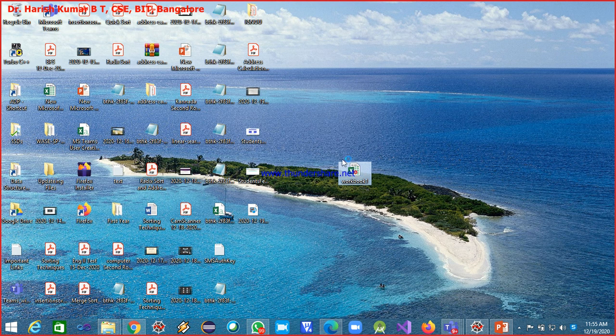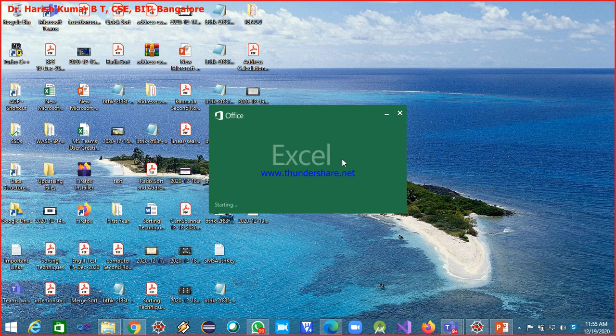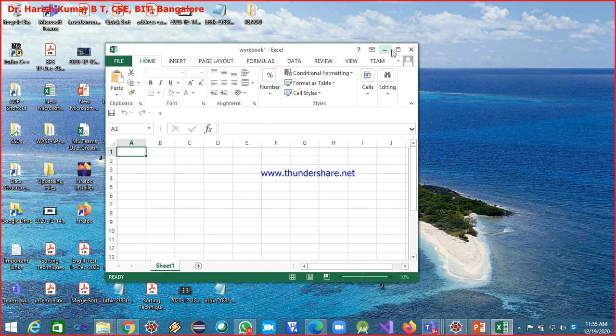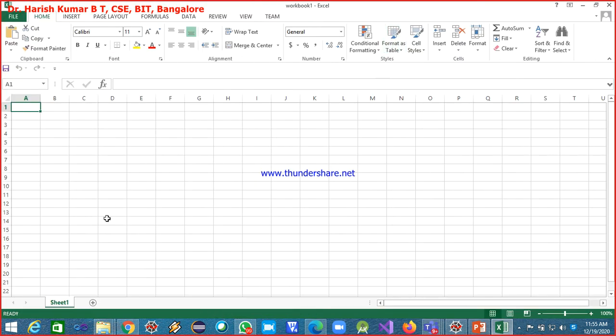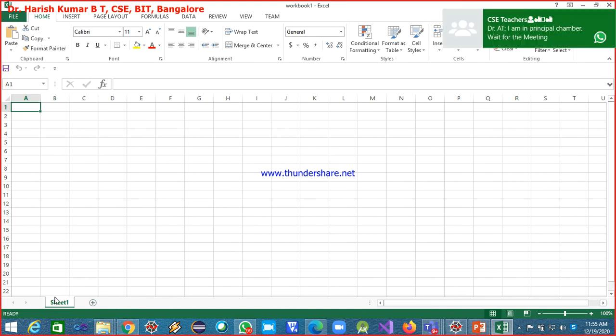this is a book, and inside this you can have multiple sheets. So you have, say, Sheet1, and you can go for adding any number of sheets, and you can also go for renaming these sheets.